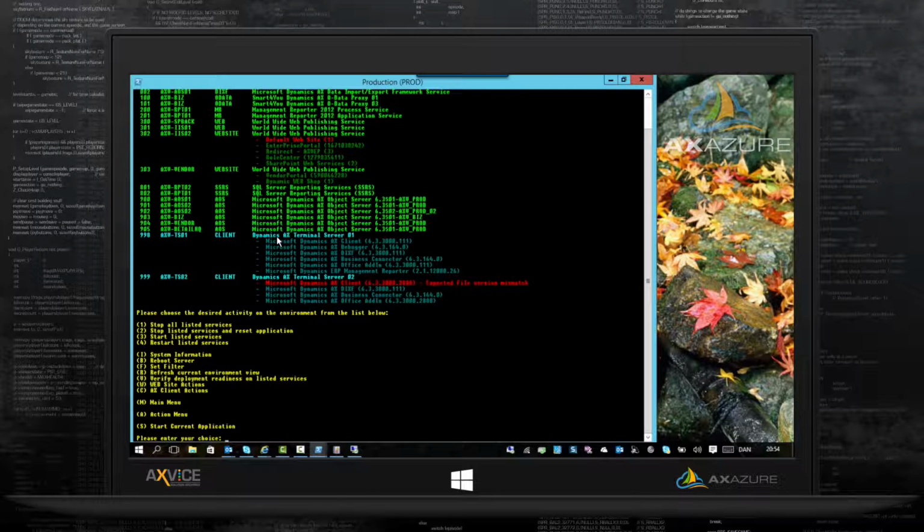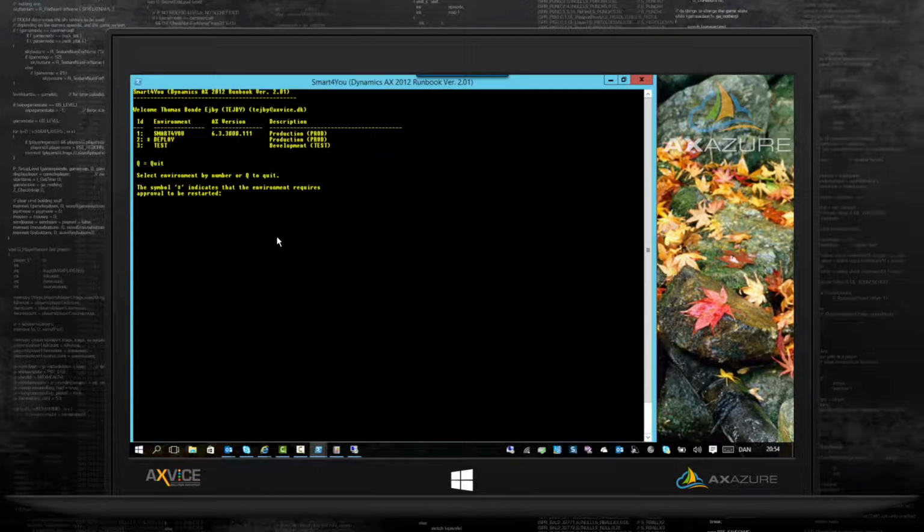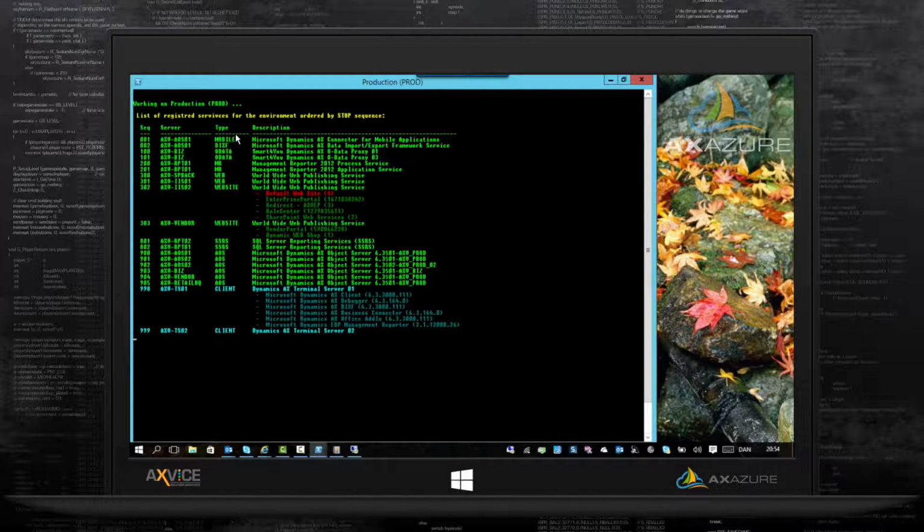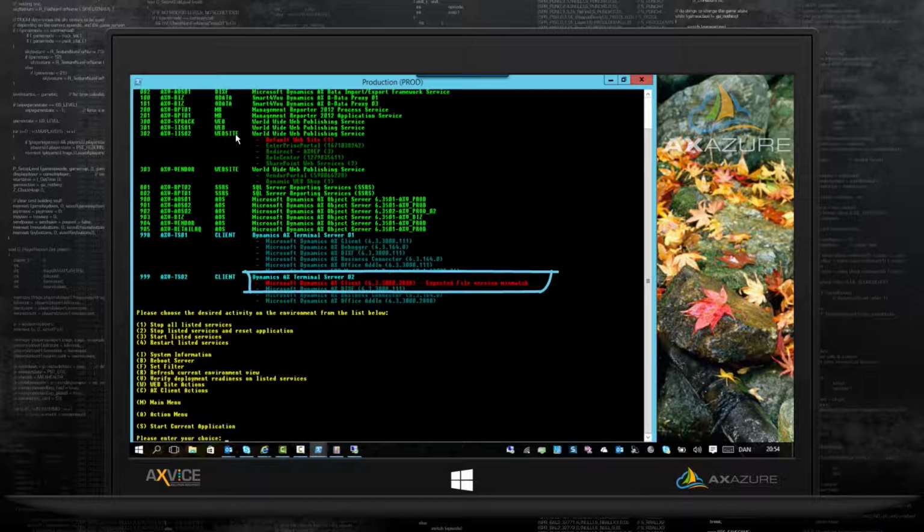Now, what the client currently does is that it lists the AEX applications, the AEX installations, as you can see, and it actually verifies against that version number that you might have seen in the beginning of the demo, where it says AEX version. So if it finds a mismatch between the version numbers, it will show up red. So in this case, it indicates that my terminal server 02 was not upgraded on the client side to the latest version of AEX.